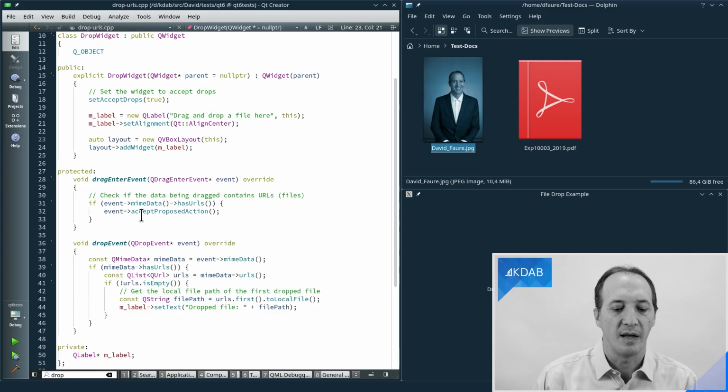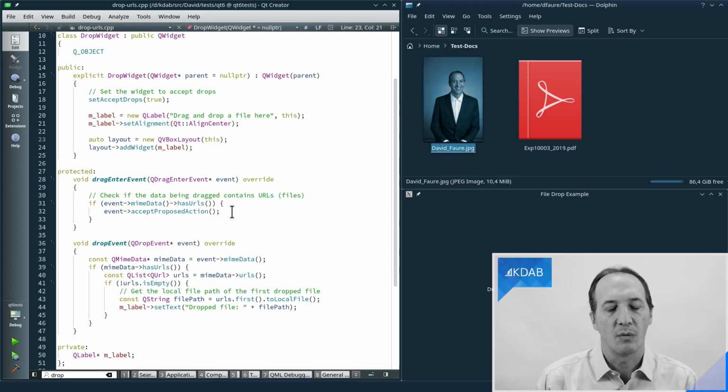More precisely, we say acceptProposedAction. The concept of actions during drag and drop is move or copy or link. And in here we say whatever is fine, we don't really care because all we'll do is handle the file. We're not really doing any kind of moving or copying here, so it doesn't really matter. Right, now when we release the button, that's when the dropEvent method is called, and we have to reimplement